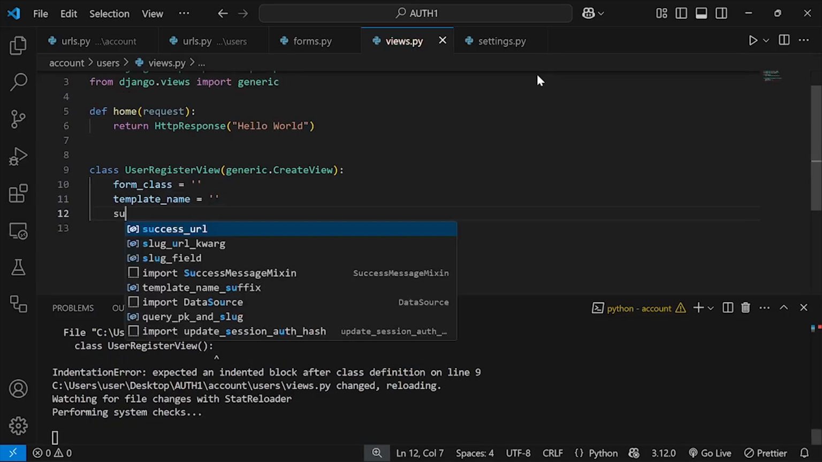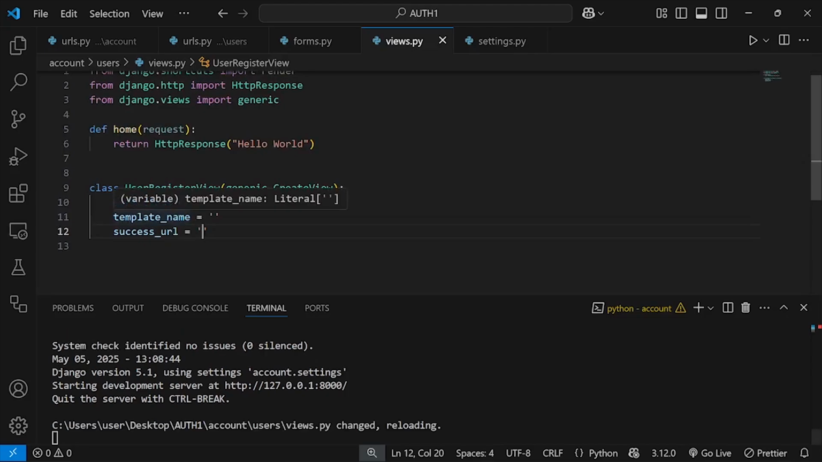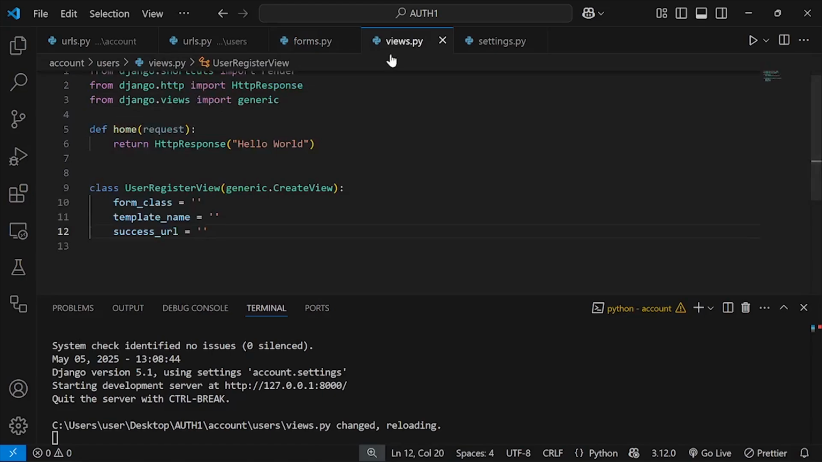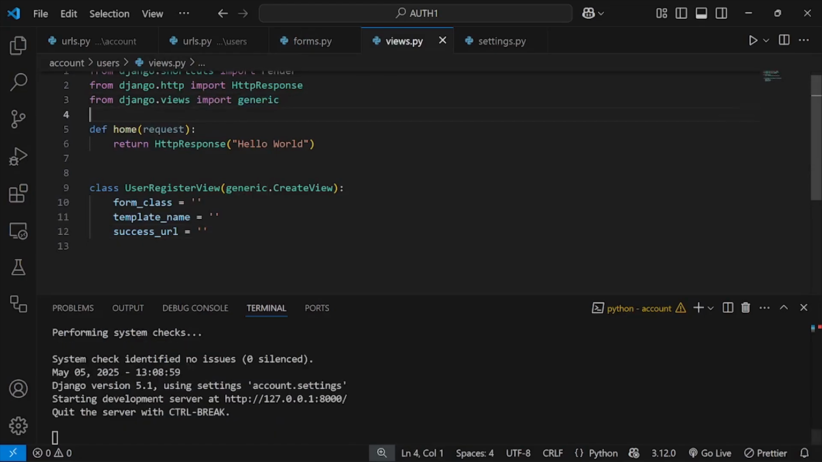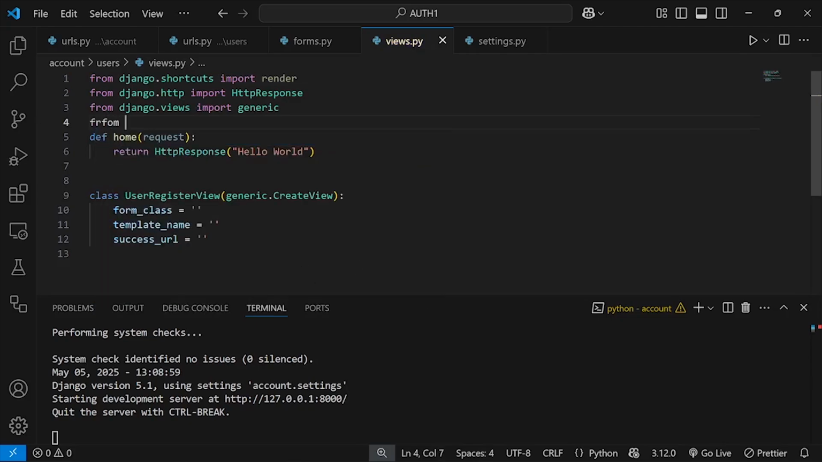And after that is the success URL. After the user has successfully registered, what should happen? So the first thing, the form class is our user creation form that we created here, this user register form. Therefore I have to import it in this views.py. So here I'm just going to say, let me see if I can import it directly. Okay, it's not coming. So I'll say from